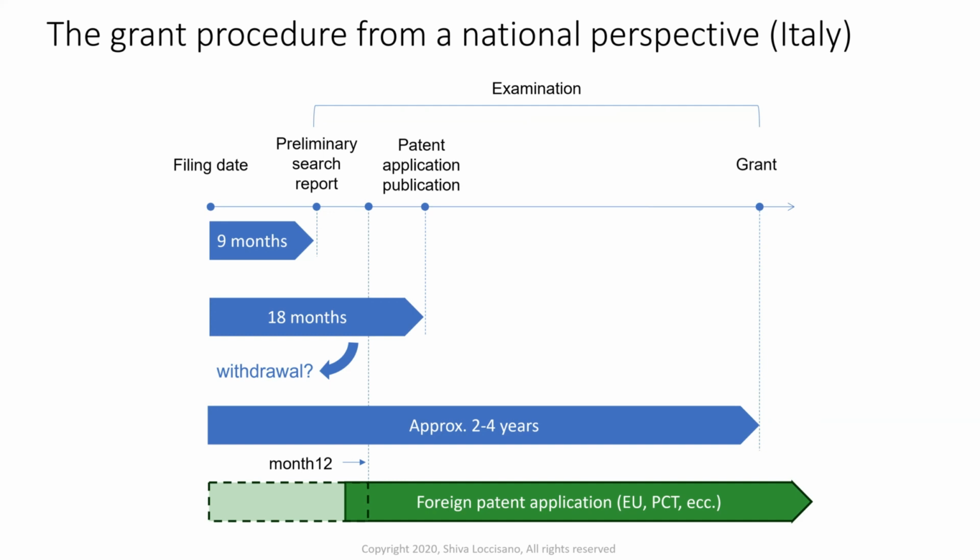And we have to do it before the end of the 12th month. Normally, in this case, we have different choices. We can file the application in any specific country in the world. So we can go to France, to Britain, to the States, to China, et cetera. Or we can take advantage of